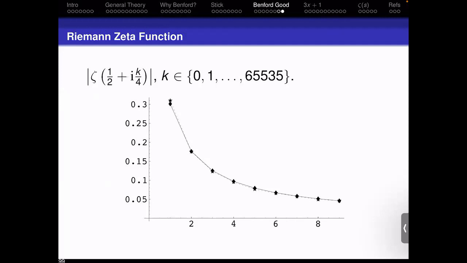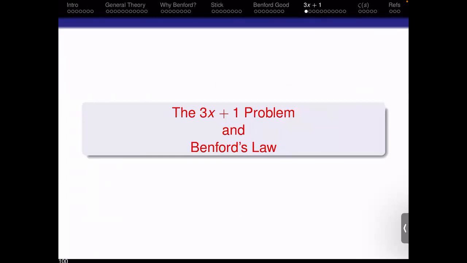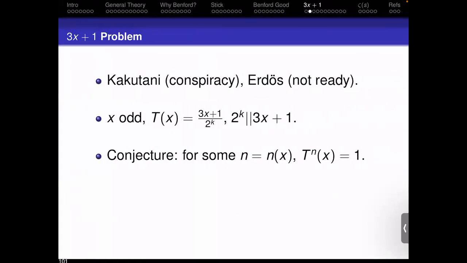All right, so let's go through the details about how you would actually deal with these error terms in a specific problem. Let's look at the 3x plus 1 problem. And so there's a tremendous number of great quotes about this. I think my two favorites: Kakutani described this as a Soviet conspiracy to slow down American mathematics, because every time people heard about this, they would say, oh, this can't be so bad, and they would start working on it for a while without any good results. Another urged that mathematics is not yet ready for problems like this.